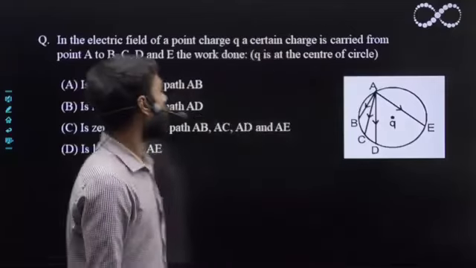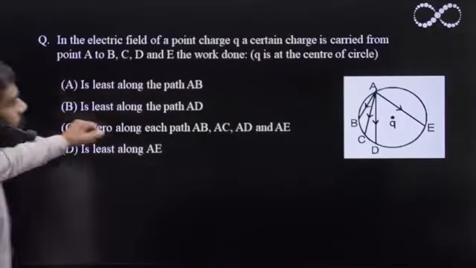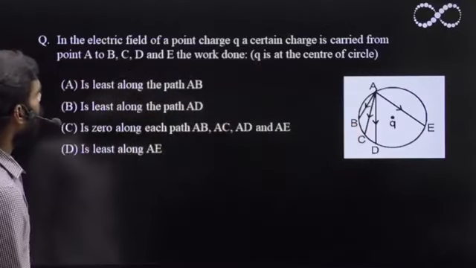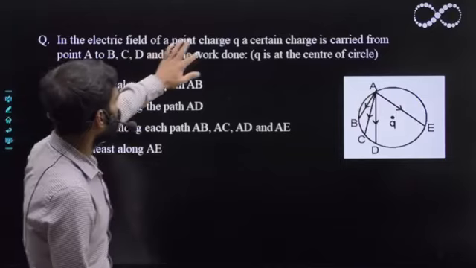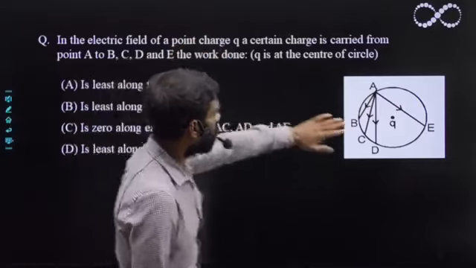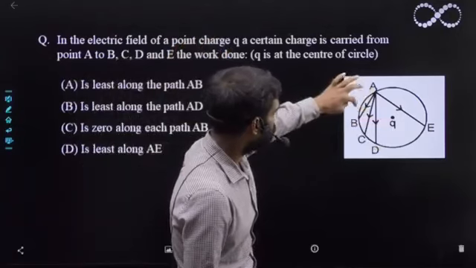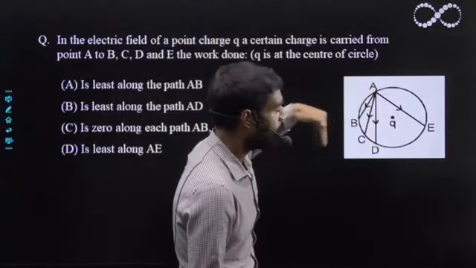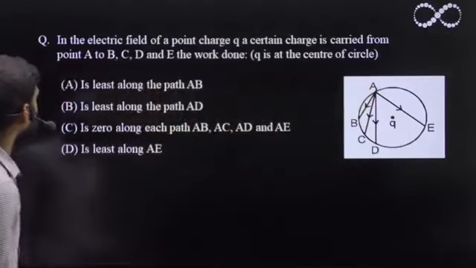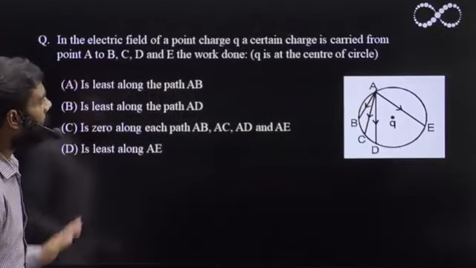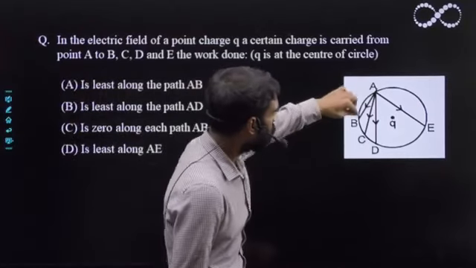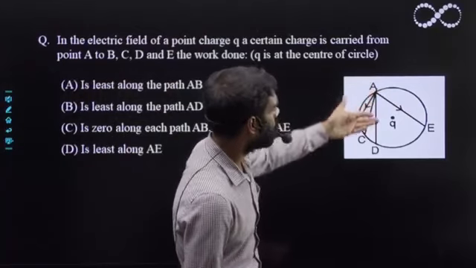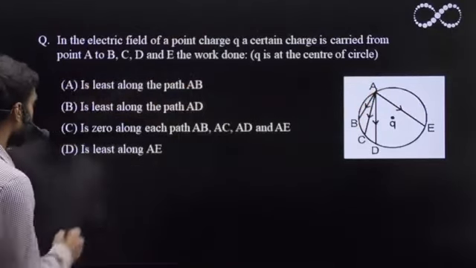हेलो स्टूडेंट्स, एक क्वेश्चन देखते हैं। देखिए, इस क्वेश्चन में एक सर्कल है, उसके सेंटर पे चार्ज Q रखा है और एक सर्टेन चार्ज यानी कि पॉइंट चार्ज q, यहाँ पे भी चार्ज q है और यहाँ से q चार्ज को चार पाथ, A से B, A से C, A से D और A से E, चार पाथ पे लाया गया है और फिर ऑप्शन दिया गया है कि इज लिस्ट अलोंग द पाथ। आई मीन जब चार्ज को आप A से B लाओगे तो किस पाथ के अलोंग जो वर्क डन बाय एक्सटर्नल पर्सन है वो लिस्ट होगा।